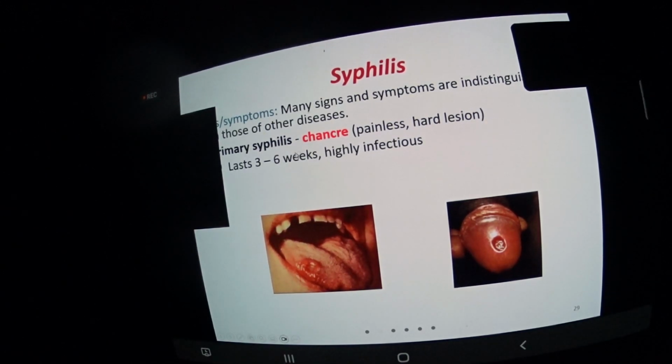So syphilis, interesting, comes in a few stages. There's primary syphilis. It causes sores that are painless with a hard border. So when a person has it, the pain is not what alerts them to it, it is the sensation of hardness of the borders. They can sense it. It's called a canker. The sores, again, can be found anywhere, and last 3 to 6 weeks. What makes it difficult to diagnose is the location of the canker. If it is somewhere that it's not felt or seen, they wouldn't know that they have it.